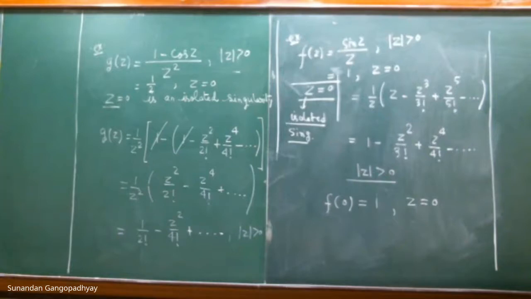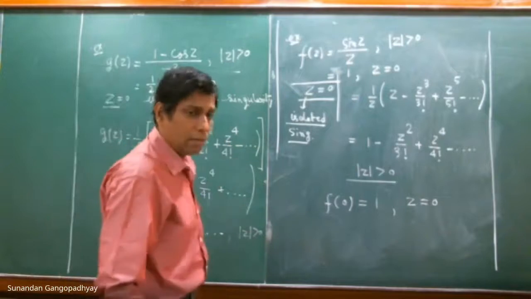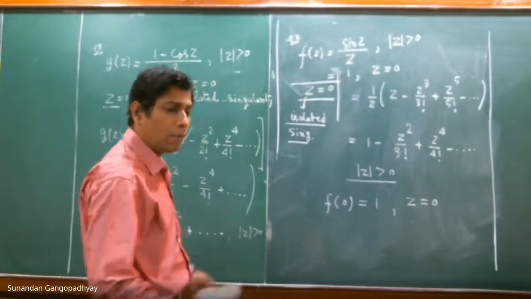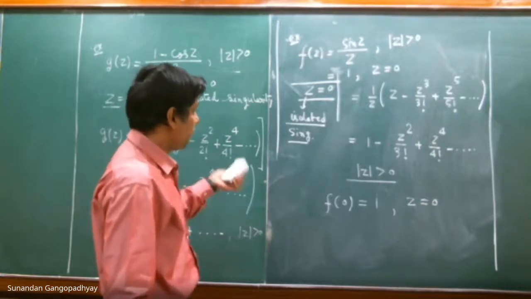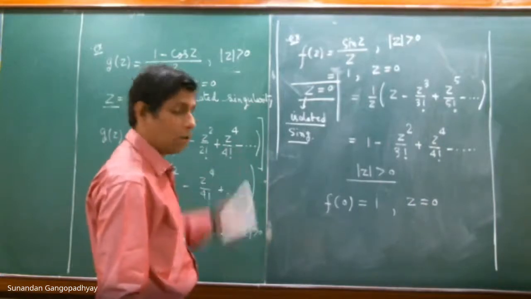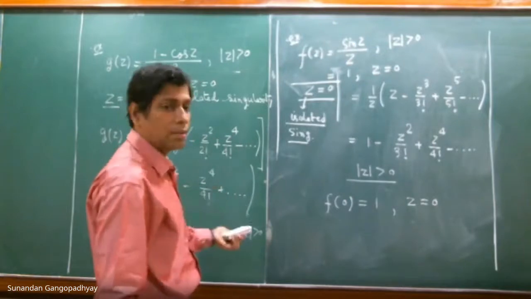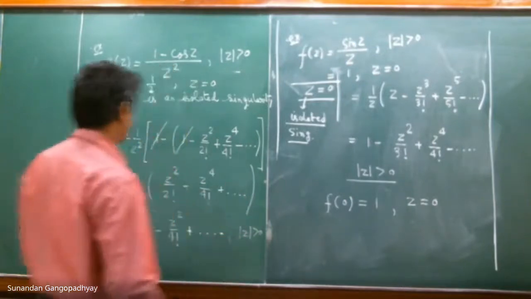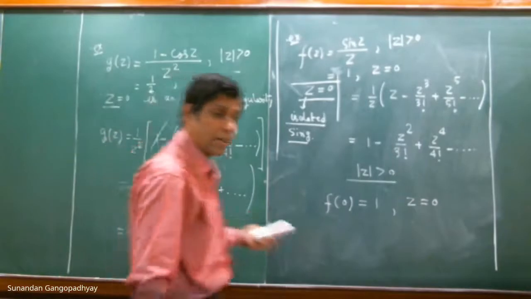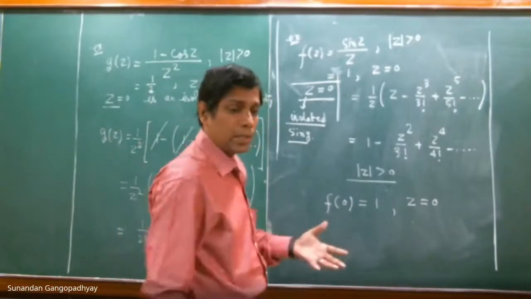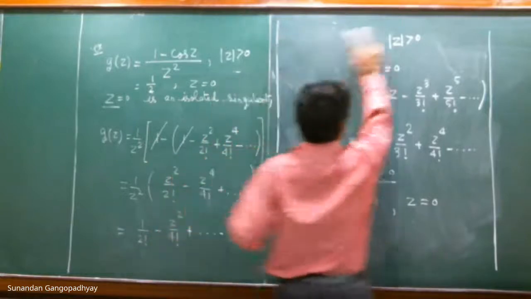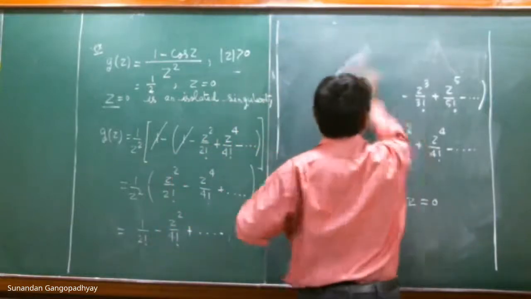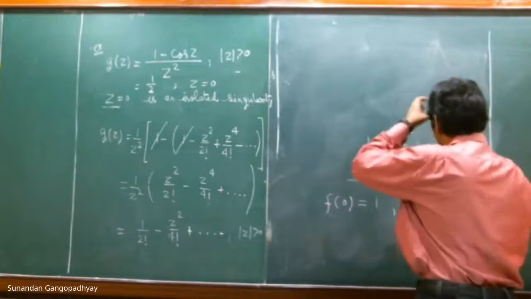you should just keep in mind that we have learned what is a singularity, what is a pole of order k, what are the types of singularities. For example, an isolated singularity, not an isolated singularity, essential singularity, removable singularity. We have also learned what residues are. We have learned what Taylor series expansion is, what Laurent series expansion is. And we have also learned about the conditions for a function to be analytic, and these are the Cauchy-Riemann conditions.